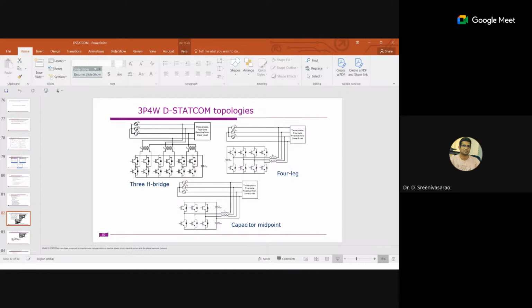In the case of two-level inverters, that may not be an advantage, but in the case of a three-level inverter, it is necessary. For three-level neutral point clamped or T-type inverters, you most probably need to balance the capacitor voltages, and for that the chopper circuit is necessary. Again, if you are using a two-level inverter with a chopper circuit, instead of that you can directly go for a four-leg, where you have only one capacitor. Yes, sir.